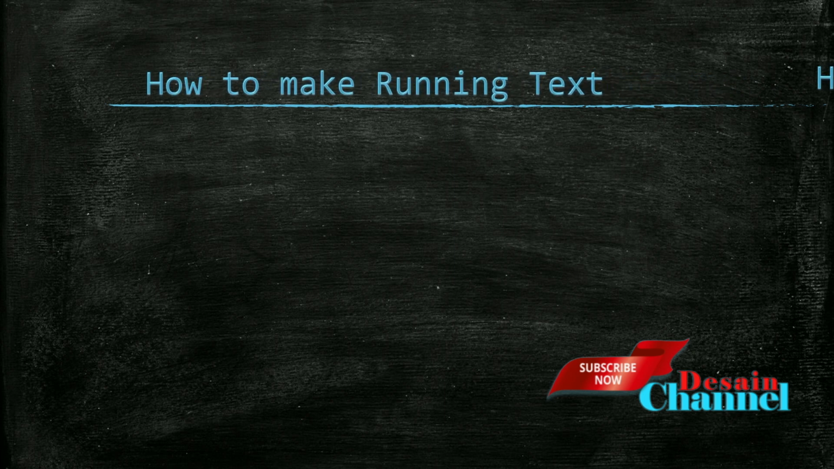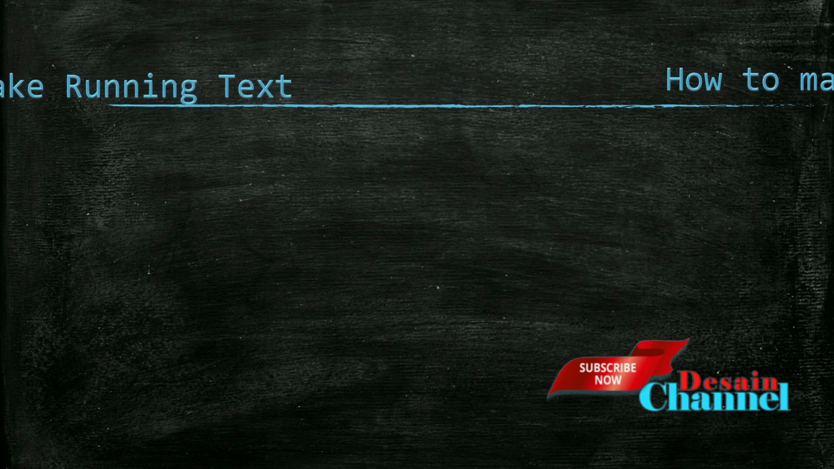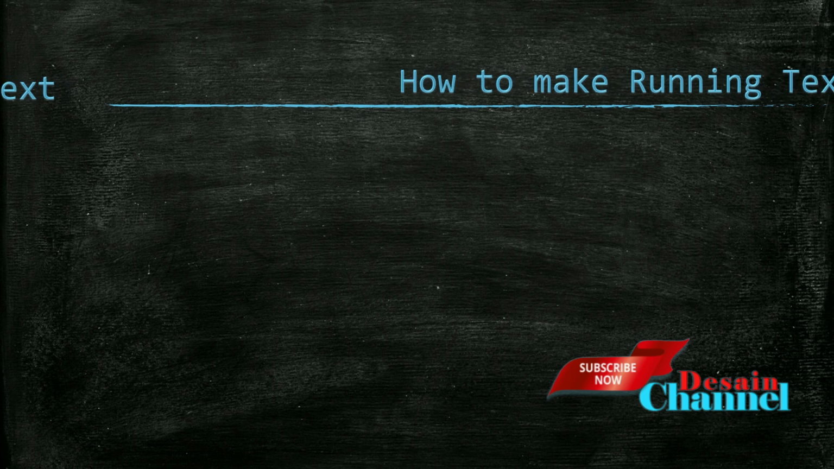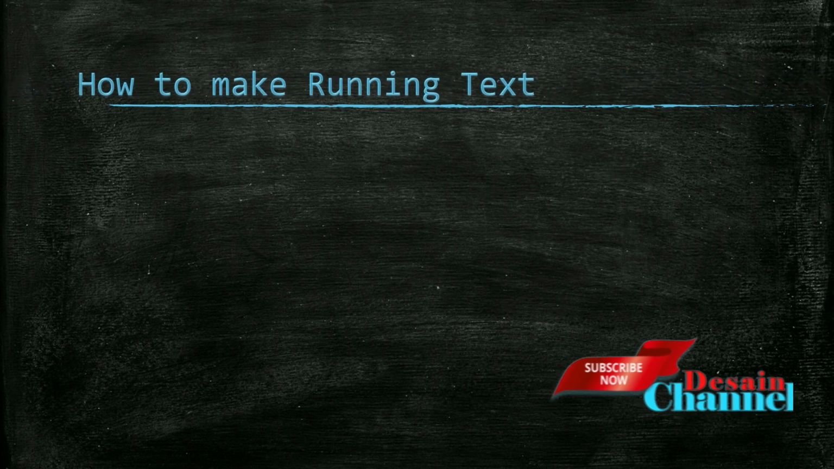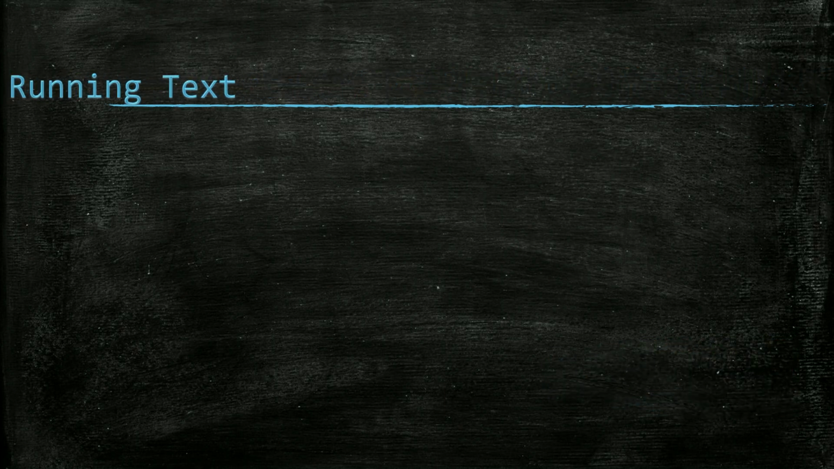Okay, here we are, our running text. Where's the second text? Okay, we can see the second text also. So that is how to make running text. Okay, this is so easy. So you can make it